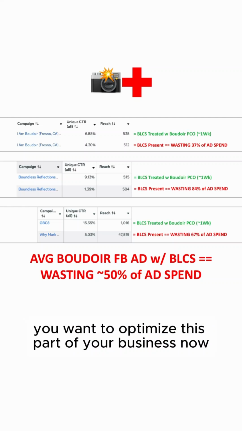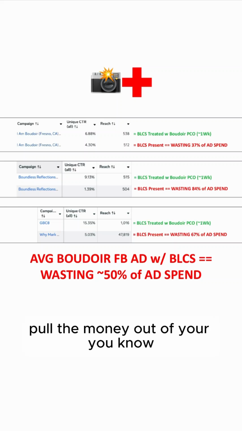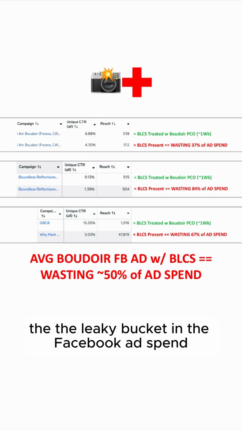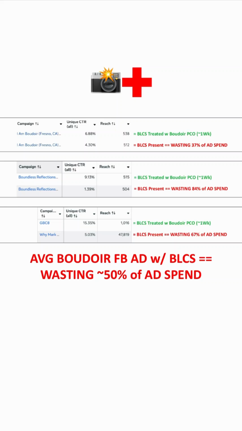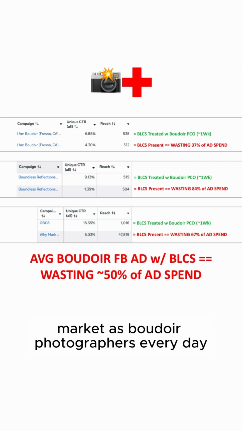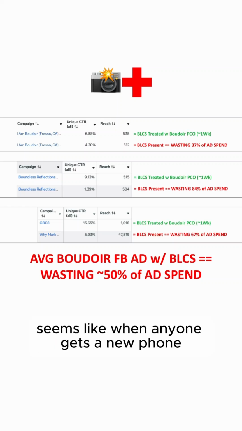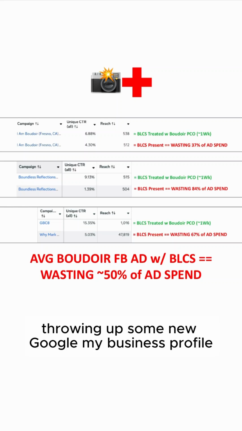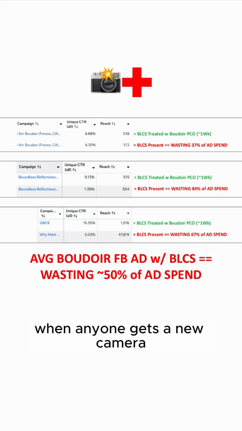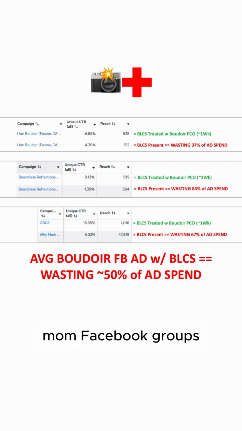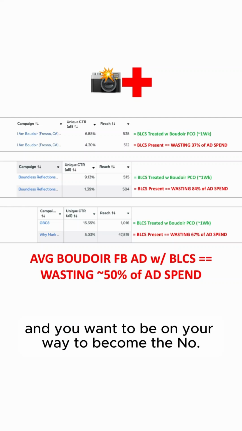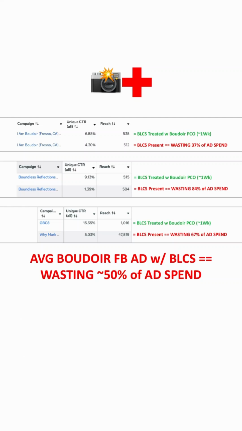And you've decided you want to optimize this part of your business now, pull the money out of the leaky bucket in the Facebook ad spend, because you see more and more women entering the market as boudoir photographers every day. Seems like when anyone gets a new phone, throwing up some new Google My Business profile, or when anyone gets a new camera, you see some more offers of doing boudoir in the mom Facebook groups. Then, and you want to be on your way to becoming the number one boudoir photographer in your city,